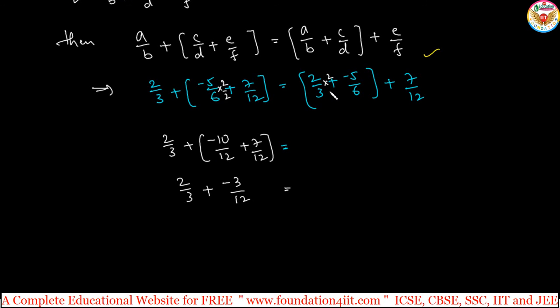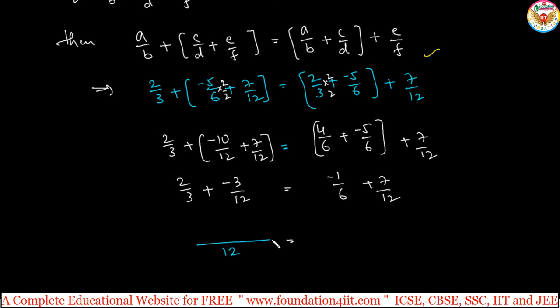So extra 2 by 2 for this. So this is 4 by 6 plus minus 5 by 6. In this bracket if you simplify, this is minus 1 by 6 plus 7 by 12, and the plus 7 by 12 is as it is. Okay, for 3 and 12 the LCM is 12. Already did. So extra 4 by 4 you multiply for this. So 2 4s are 8, minus 3, because 4 by 12 minus 3 by 12, 8 minus 3 by 12.